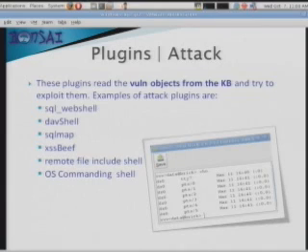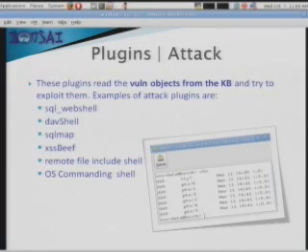SQL Web Shell is basically a plugin that's going to write a file in the web root using SQL injection. In MySQL, for example, it's going to do the select something into outfile, and that outfile goes in the web root. And that file that we are writing has PHP code that allows us to